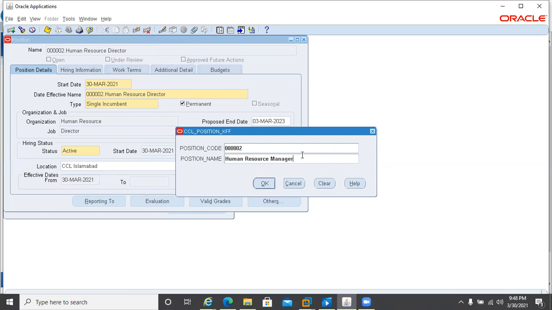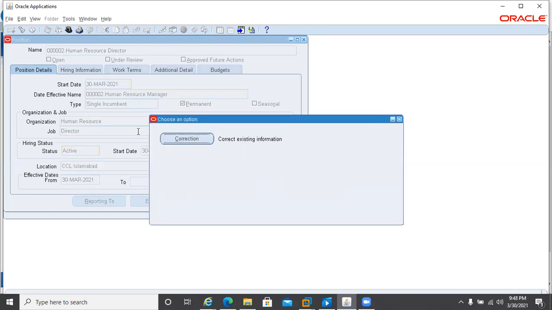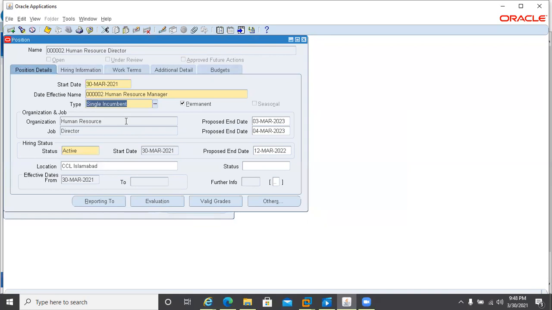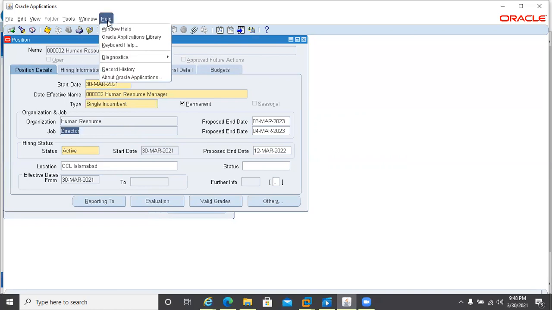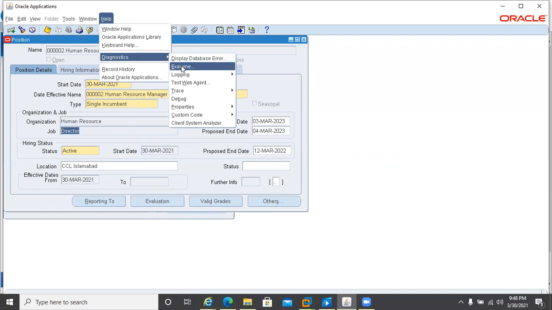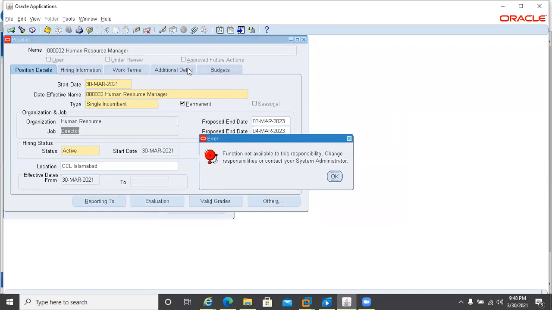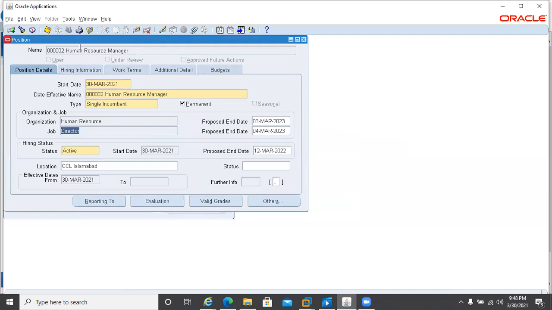Sir, before attachment we can edit. Yeah, we can edit. We can do anything before it is linked with an employee. But again, it will not work because the position is a manager and the job over here is director. Let me try to change this one as well, but this is not recommended basically. But let me try if it will allow. Okay, that functionality is not available here.